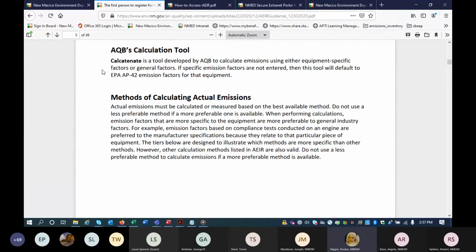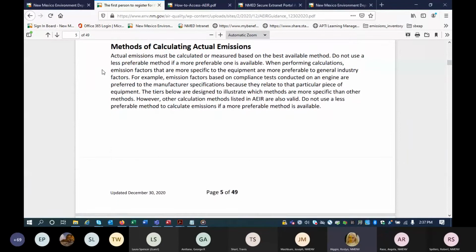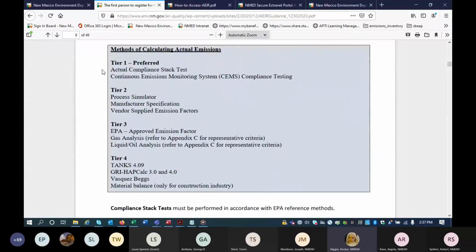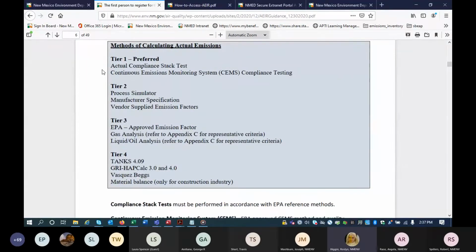So methods for calculating actual emissions we're doing because we want to see consistency in the method. So we have created 4 tiers. The first tier, of course, is going to be the preferred tier with SEMS and actual compliance test. 2, process simulator is going to include like Promax and HYSYS.